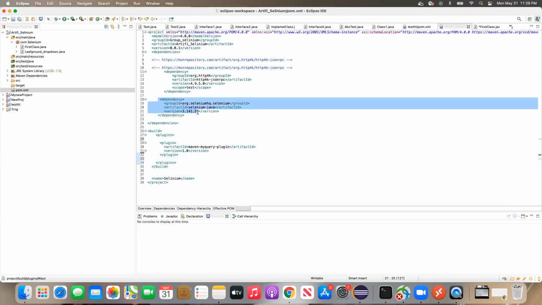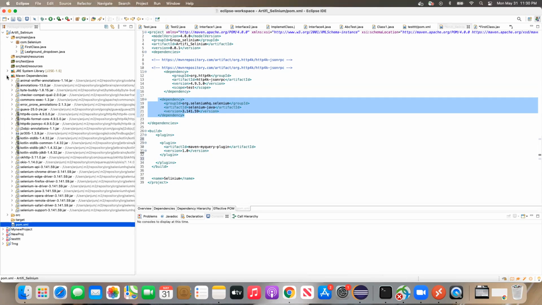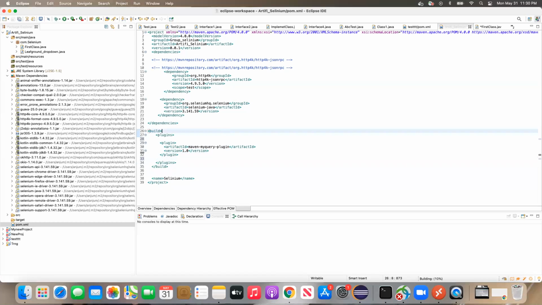A dependency will give you the jar file, which gets created in the Maven Dependencies, right? Yes. Okay, now I am saving this one. It is building, and I added the Maven jQuery plugin. If it gives you the jar file, it should be available here, right?